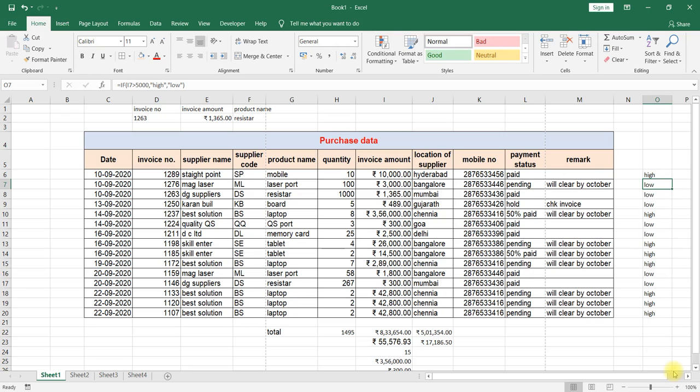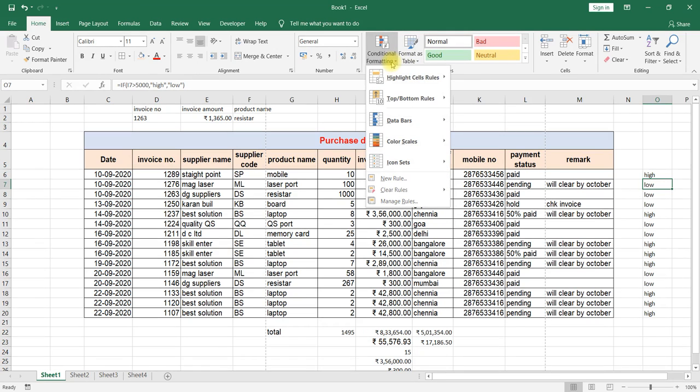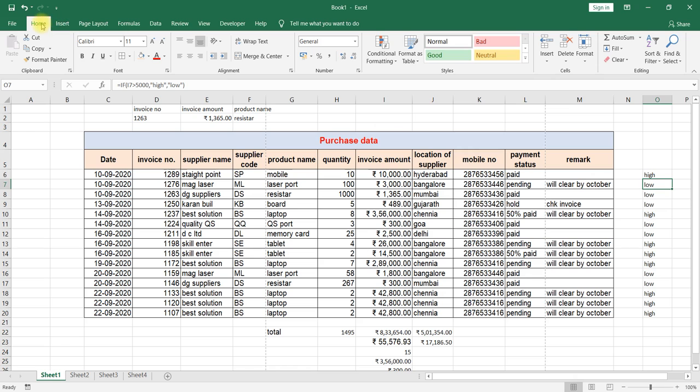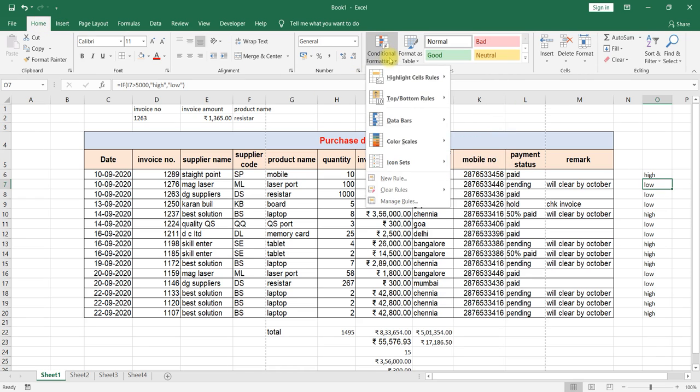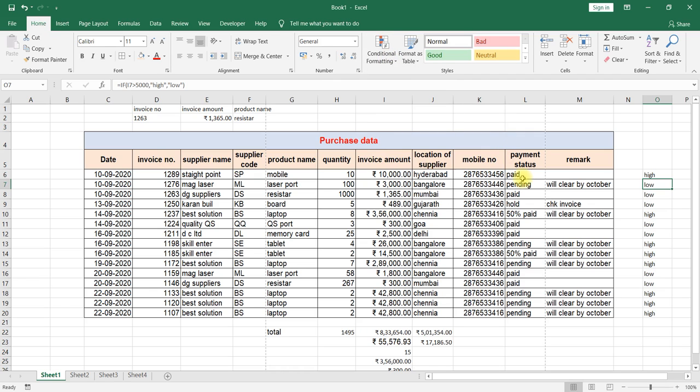Now we are going to learn about conditional formatting. Here it is. For example, if you go to the Home tab, you will find Conditional Formatting. How will it be useful? Conditional formatting is useful when, based on a condition, you would like to highlight a cell or change the format of that cell. Some condition has to be satisfied to highlight it.